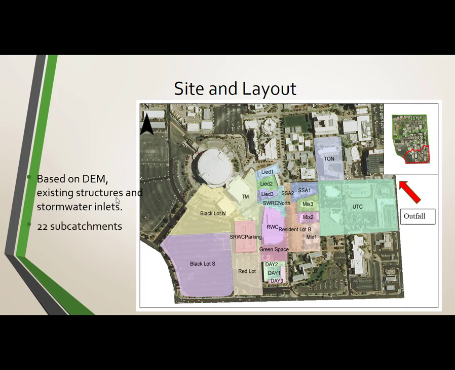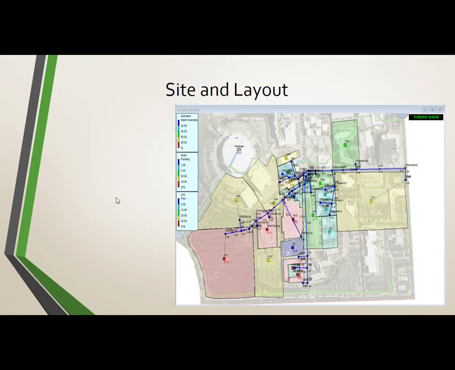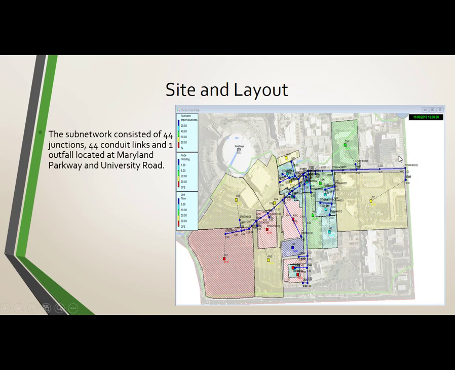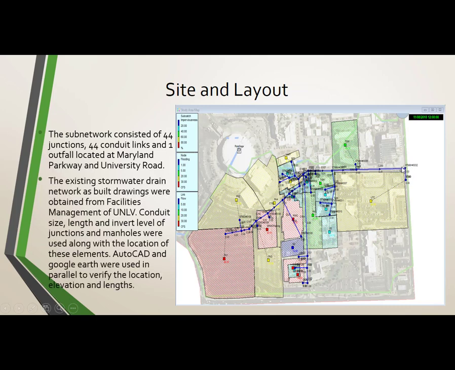So we identified 22 subcatchments in the area. This is the layout of the pipe that is existing, and it consists of 44 junctions, which are the nodes, and 44 conduit links, and one outfall at the Maryland Parkway and the University Road. And the existing stormwater drain network was replicated from as-built drawings, which were obtained from the facilities management of UNLV,